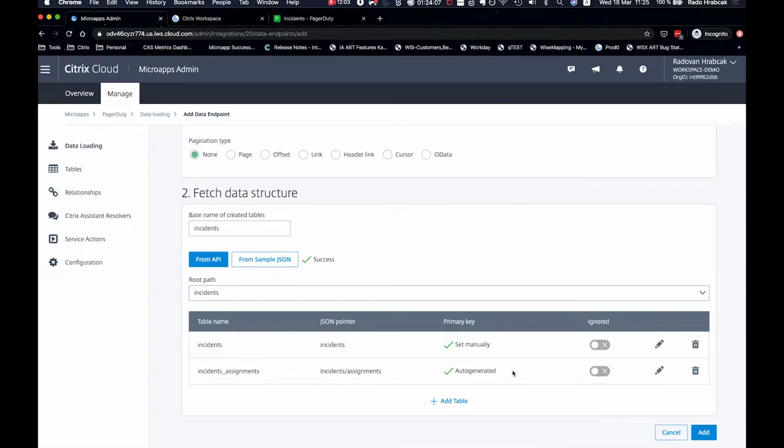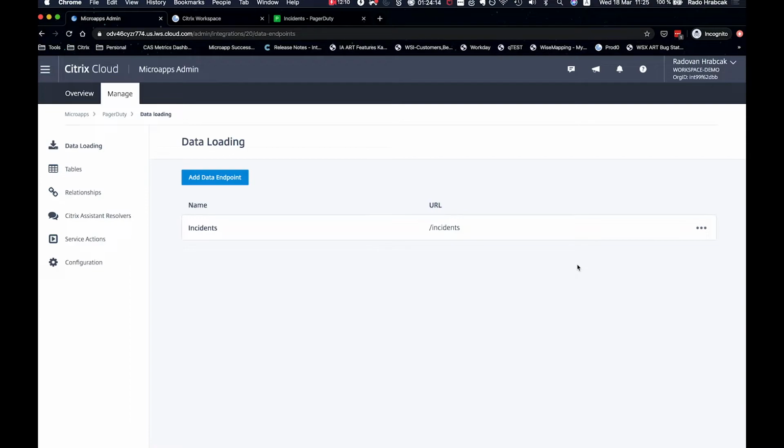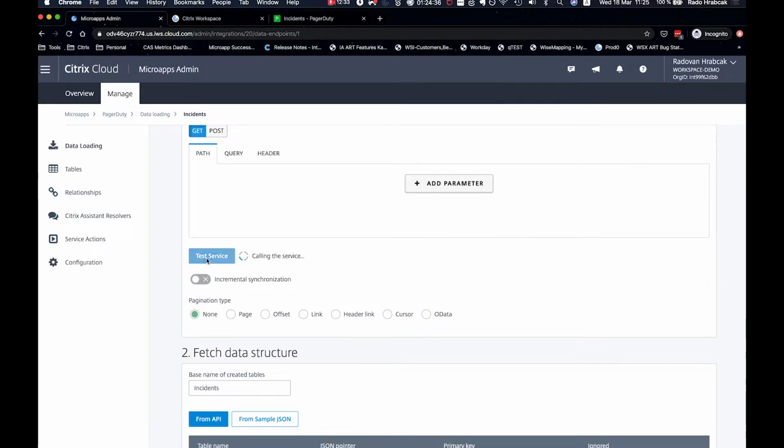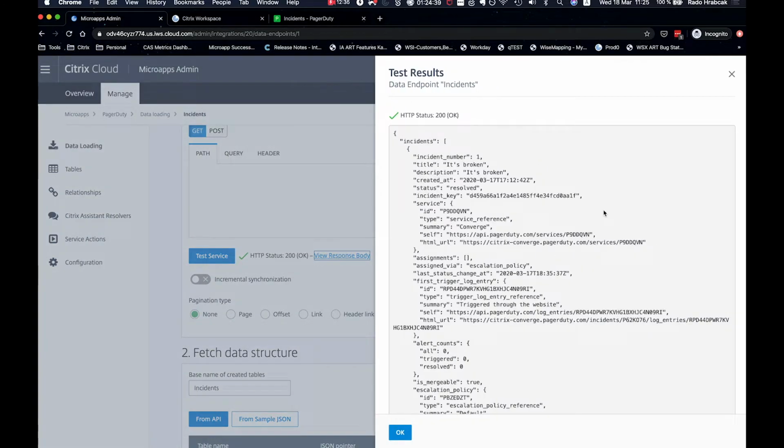So I hit add. What I also did when I went through the payload, I understood that the payload is structured in a way that it doesn't provide me the detailed, human readable information about the assignees of those tickets. So if I return back, I test service again, I hit view response body and I look at the incident, I see in assignments,